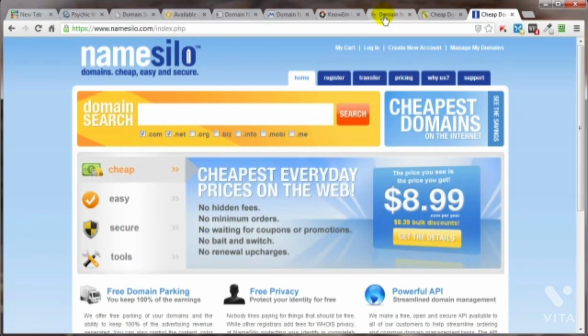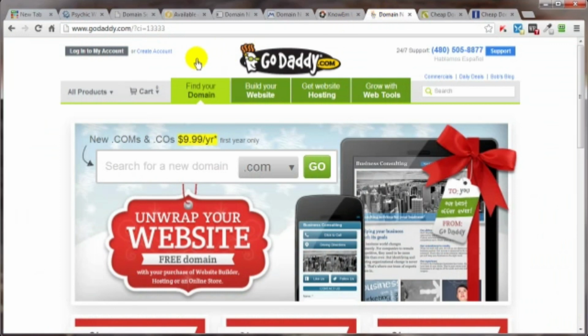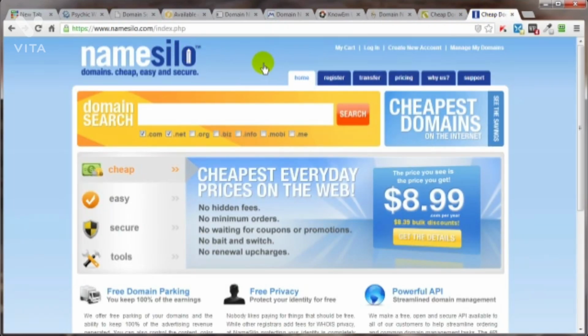But if you, for example, were to purchase your domain name from GoDaddy whenever they've got one of their sales going on, and you can get a .com, because again, you really only want to look for .coms. There may be reasons for you to look for other extensions, but I'm suggesting .com. But if you get a .com for, say, 99 cents for the first year, go ahead and purchase it through GoDaddy or whatever, and then after, say, 60 days or so, go ahead and transfer it over to NameSilo.com,